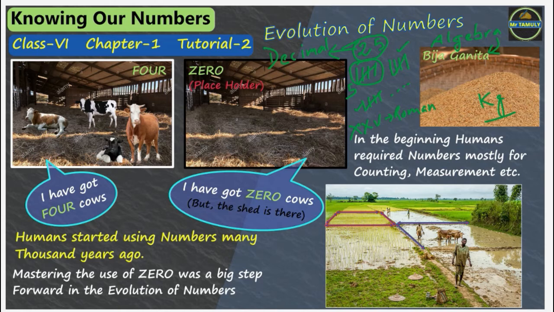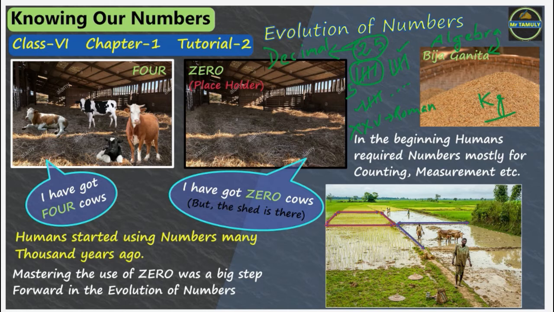In any case, evolution of mathematics is not the topic of our discussion today. What we are discussing here is evolution of numbers. So, coming back to the problem of counting the number of seeds in a heap like this one, to be able to do so, you need a method of writing large numbers like lakhs and crores. And the answer to that challenge lies in the decimal system of numeration, or the decimal number system. This, in a nutshell, is the evolution of numbers in human history.